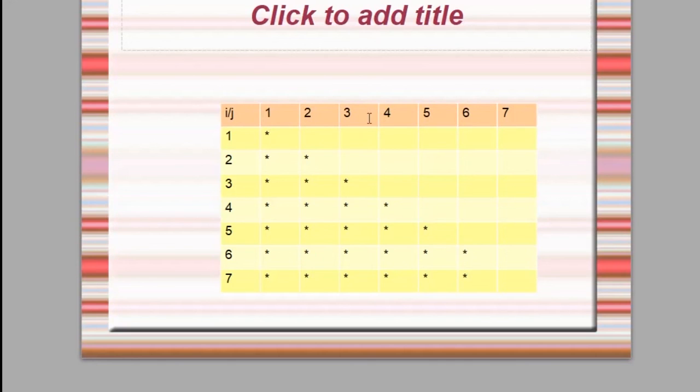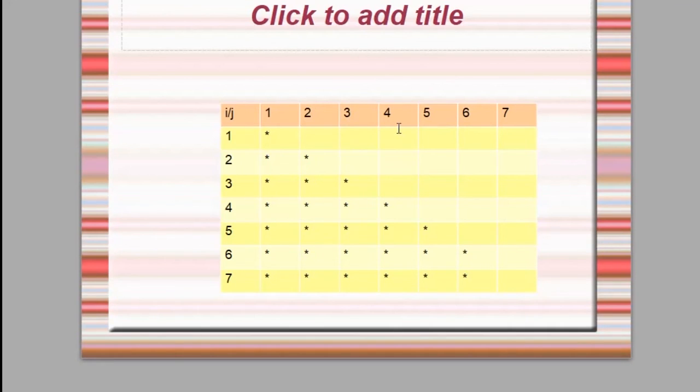Till it was equal to i, it was printing, means if the i value is 2, the number of columns j were 2. We have to fill the stars up to 2 columns. If the i value is 3, means we have to fill 3 columns with stars. So like that we should get some relation between the columns and the rows.